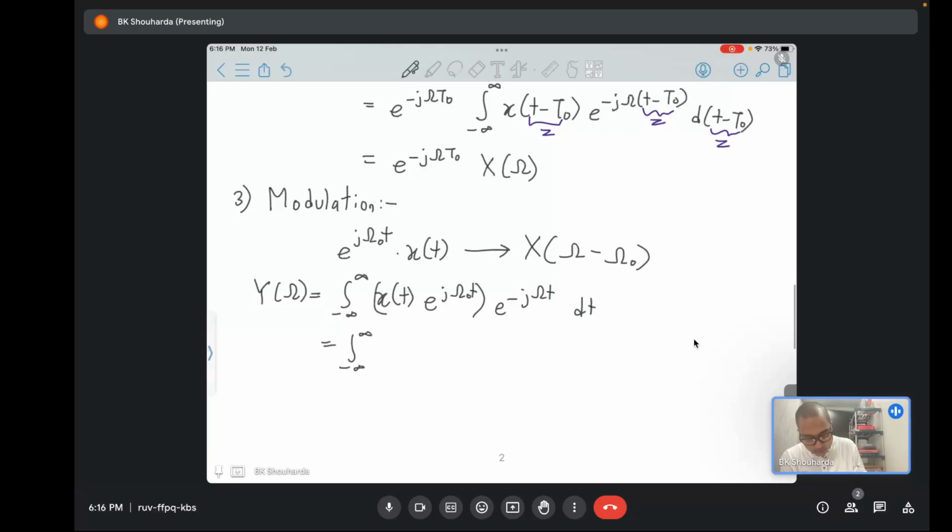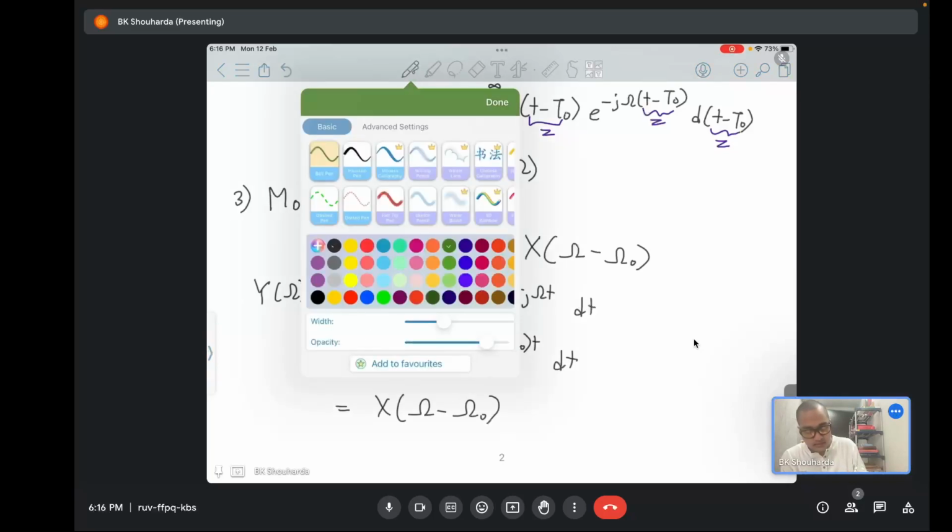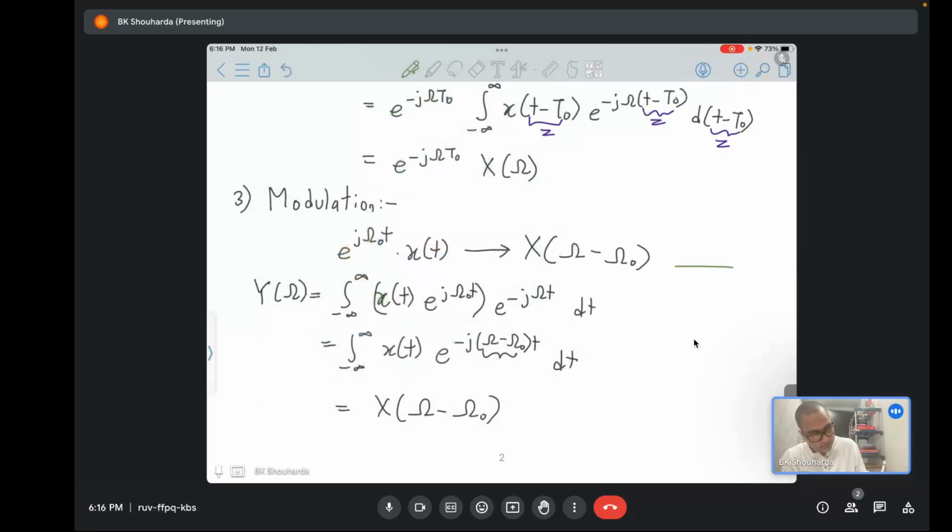Going further down, x of t times e to the power minus j omega minus omega naught t dt. Using this as the variable of the argument, we get X of omega minus omega naught. So what does this mean? It means that if you have a signal whose spectrum is something like this,